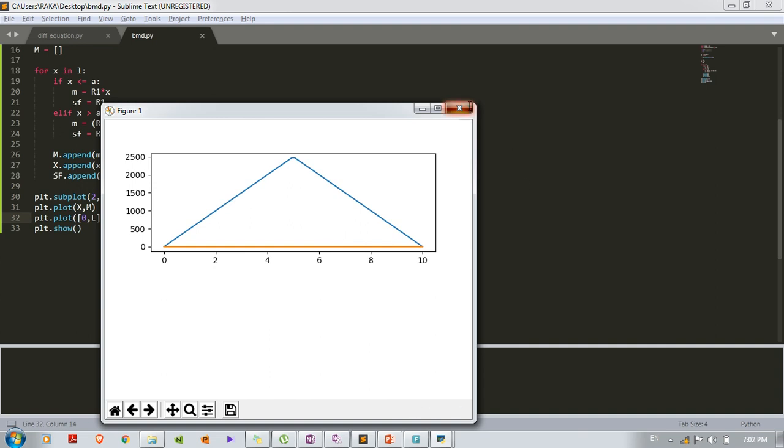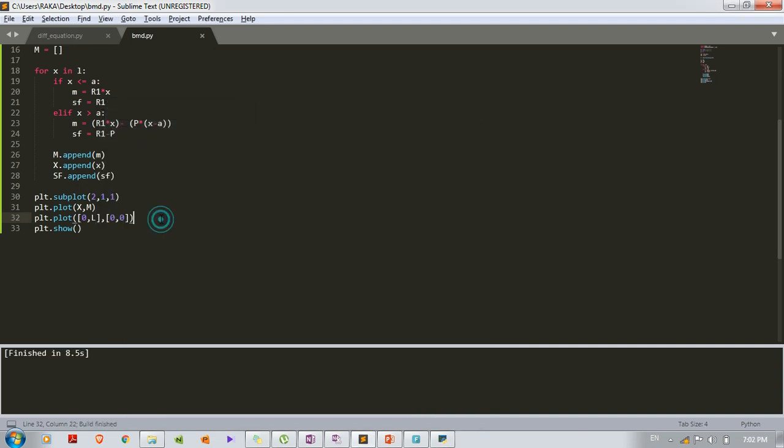So we'll create a plot for shear force in a similar manner. So plt dot subplot 2 comma 1 comma 2, plot number 2, and plt dot plot, here we will take x on the x-axis and shear force on the y-axis, and also we'll create a baseline.